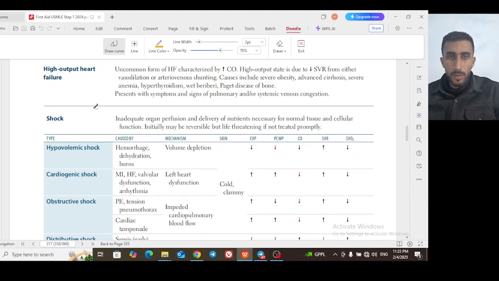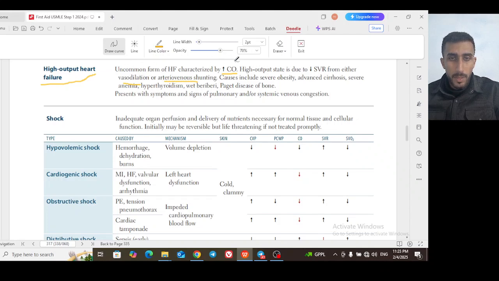For the cardiovascular system for the USMLE Step 1 exam, our first topic is high output heart failure. This is an uncommon form of heart failure, not like the systolic and diastolic ones. Here there is also heart failure, but there is an increase in the cardiac output. This occurs from different causes. These causes have a common factor inside of them, either vasodilatation or arteriovenous shunting. So you have to have arteriovenous shunting or vasodilatation, and